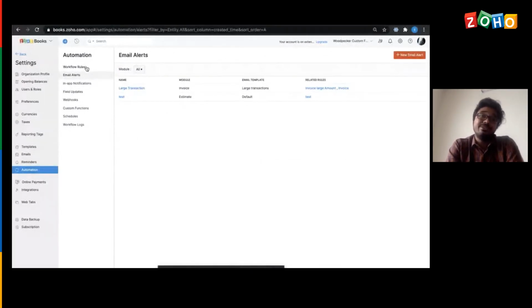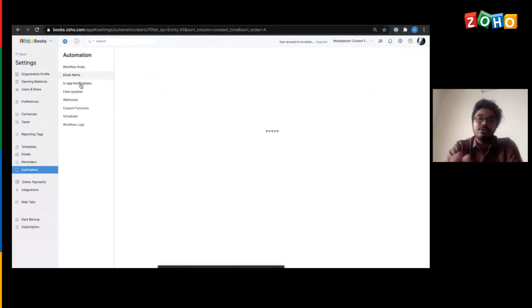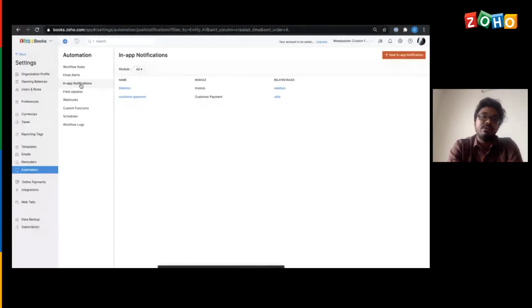So instead of an email alert, there might be a requirement where this should get notified on the system itself. It would be difficult for me to keep track of all the emails when I'm actively working on Zoho Books. In such cases, what we could do is, instead of setting up an email alert, we could drop in-app notifications to all those users based on a particular criteria. So how this could be done is,